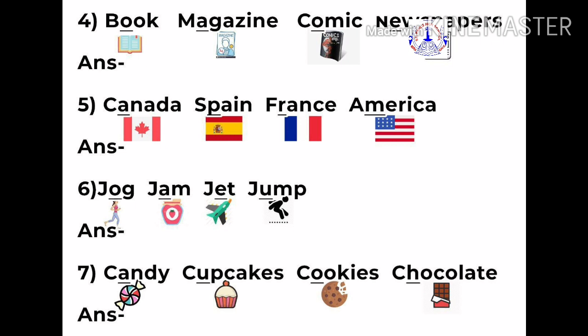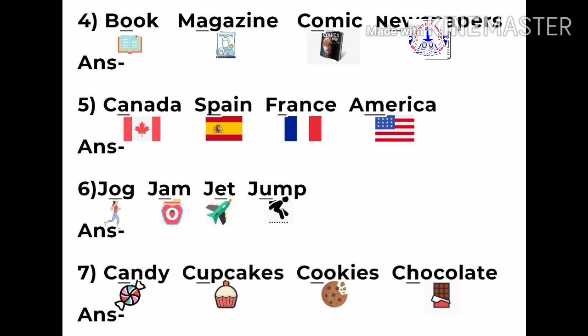Sixth one, jog, jam, jet and jump. In this, all the starting letters are the same. So you are going to see the second letter of each word, that is O, A, E and U. Whichever letter comes first, you arrange according to alphabetical order and write that word. Seventh one, candy,